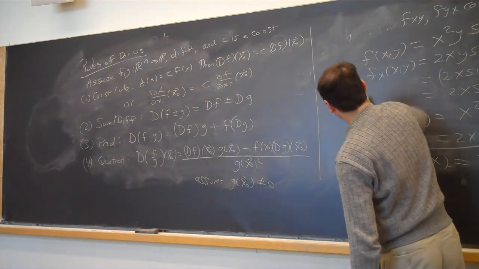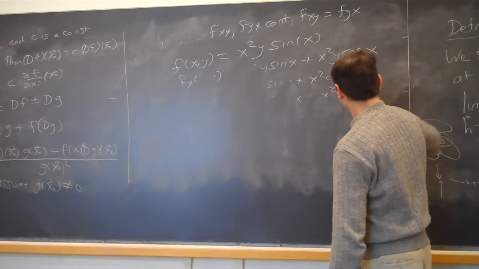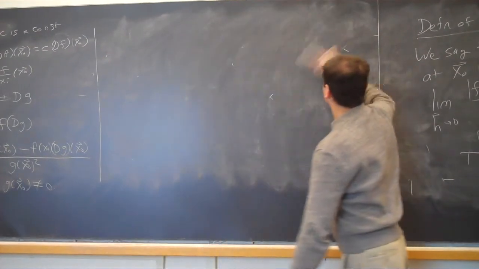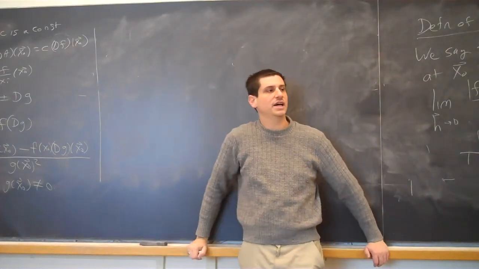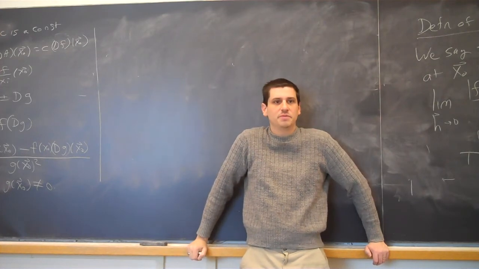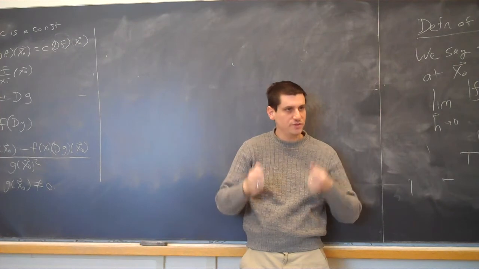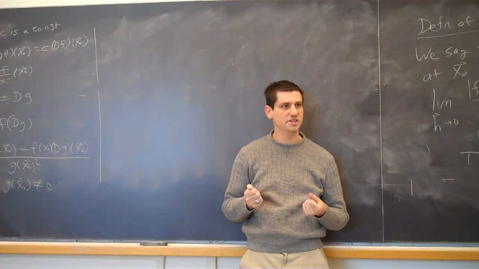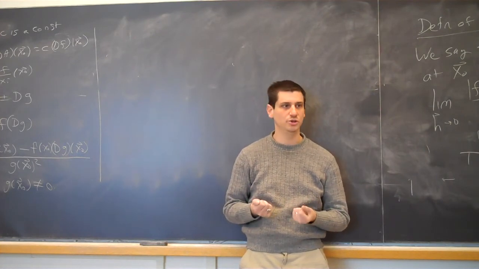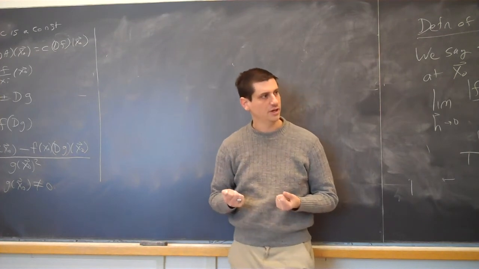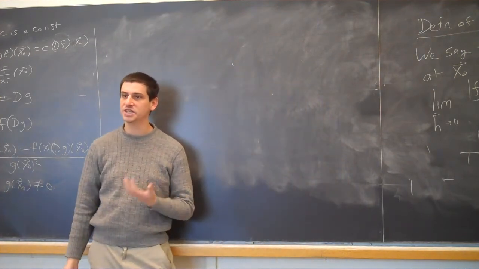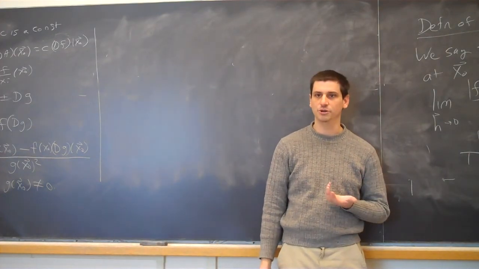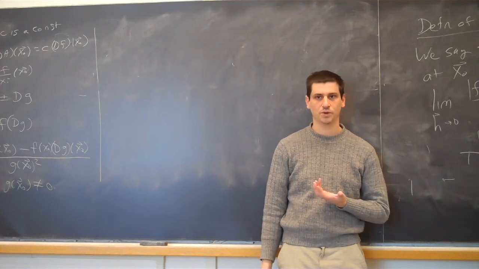So, let me give you a proof of the product rule. There's a lot of ways we could prove the product rule. One of the dangers in a math class is you could have teleprompter mathematics. And what this means is I can read the steps of the proof line by line by line. You can follow what I'm doing line by line by line, and at the end of the day you have absolutely no idea why we're doing what we're doing. I don't want to teach like this. I want you to get a sense of why things are true, and how you should attack things. That's going to be the more useful skill than just memorizing proofs. I want you to get a sense of how you should think about things.